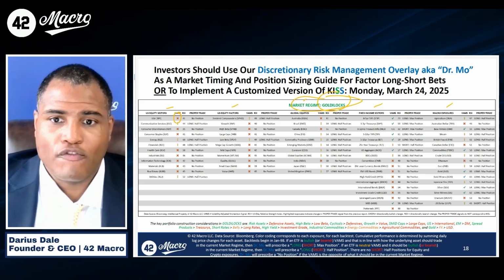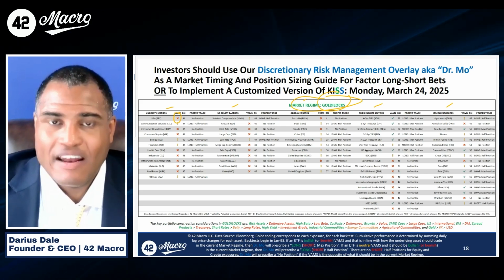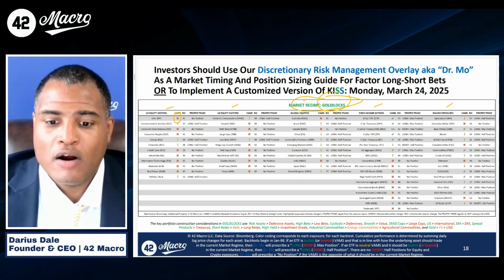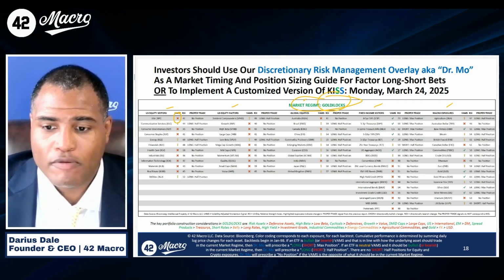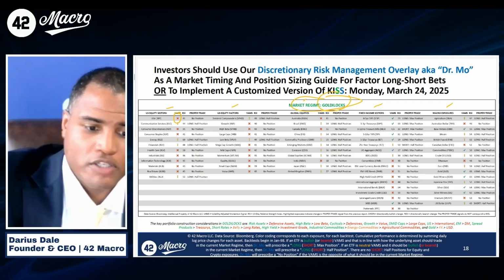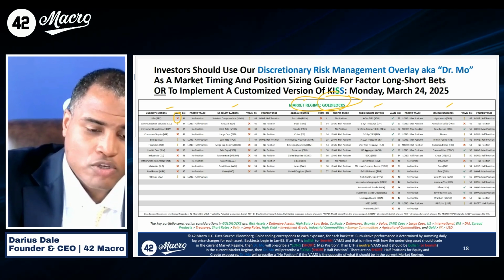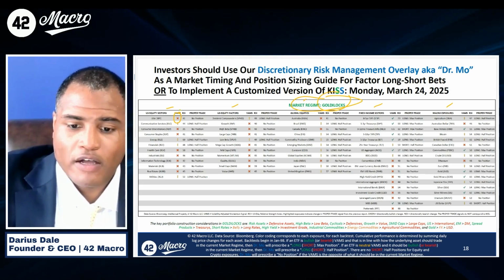So let's use a few stylized examples so we can hammer home how easy and effective this system is, and why our buy-side clients continue to rave about the results that they're experiencing in their client portfolios as a function of adhering to these signals. So let's use the S&P 500. Everyone cares about that. So right now, the S&P 500 is bearish from the perspective of its volatility-adjusted momentum signal,